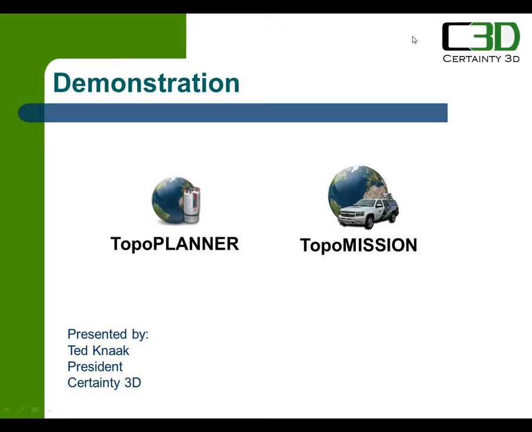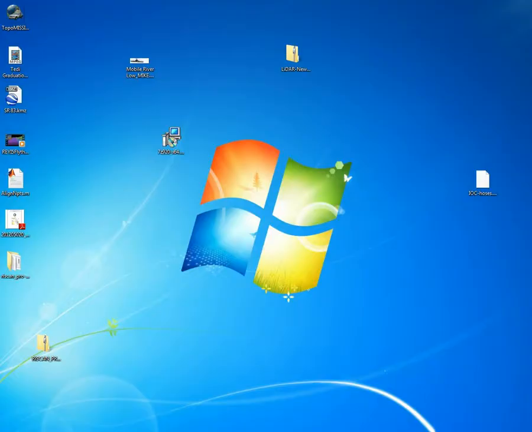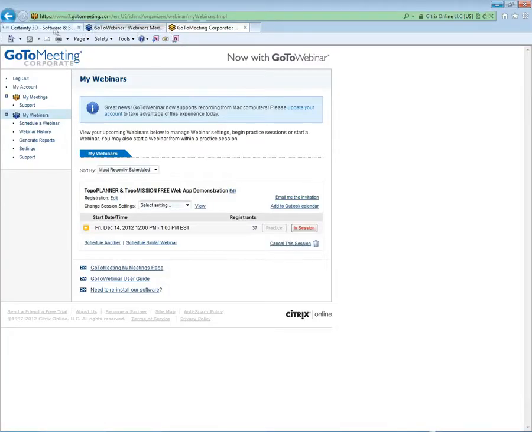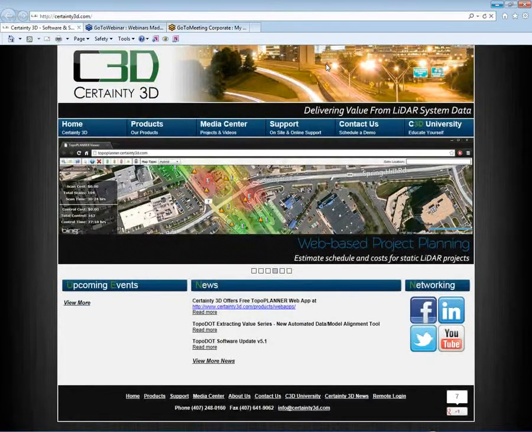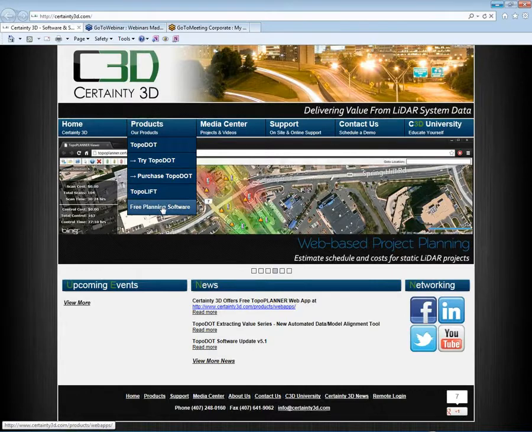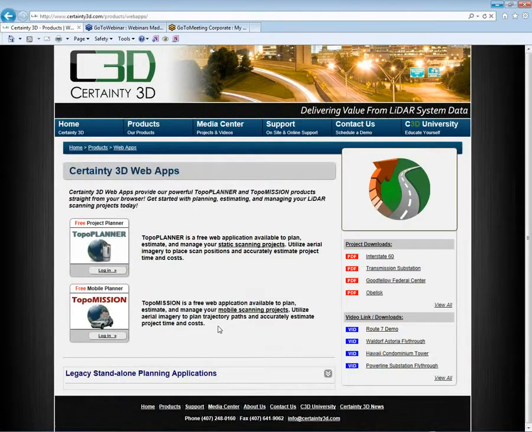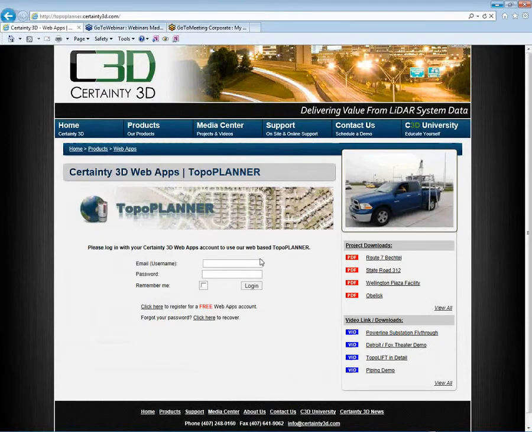So bear with me while I open up our website. To get to TopoPLANNER and TopoMISSION the first time, all you have to do is go to Products and Free Planning Software. That takes you to the page for TopoPLANNER and TopoMISSION. Now, TopoPLANNER is an application that's focused on static scanning outdoors. Okay? So if I click on here, I enter my name, my email address, and I provide a password,